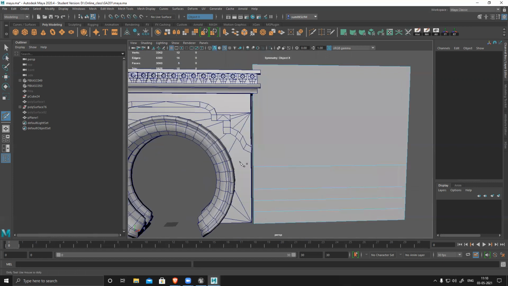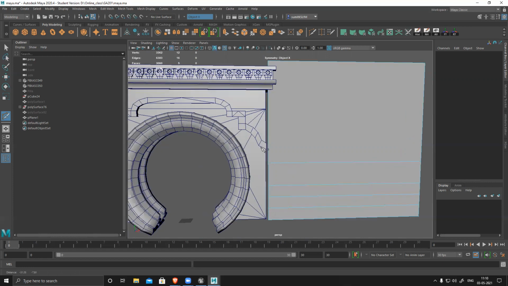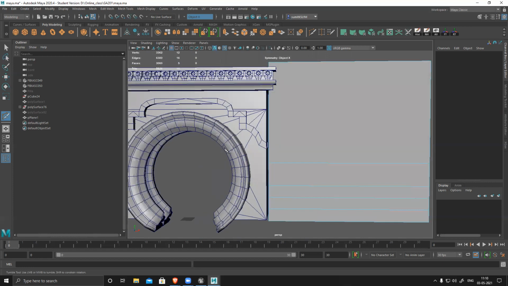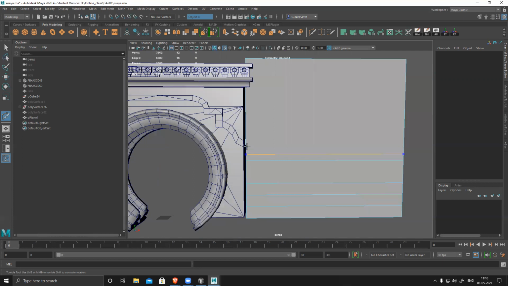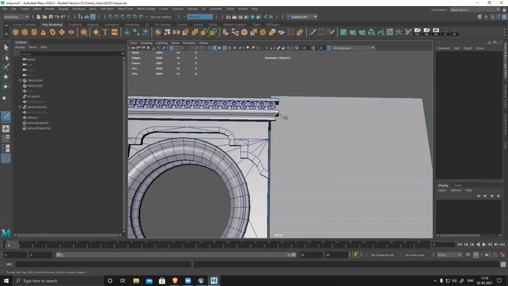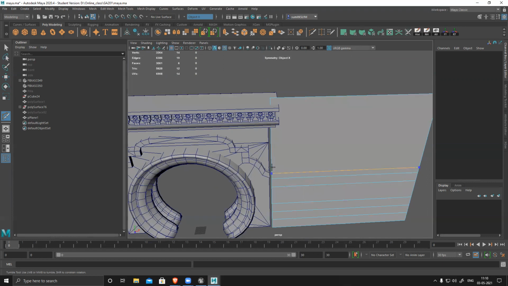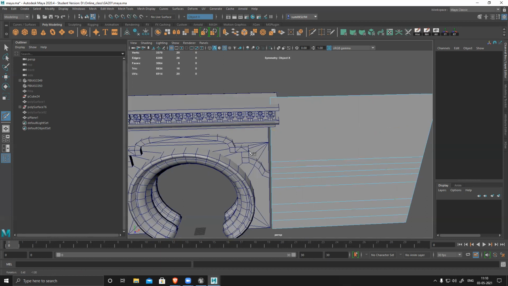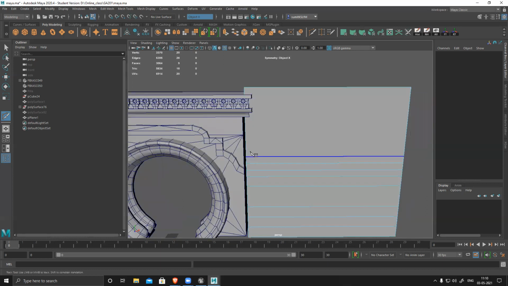Now forget about this wall section, because I'm planning to add a tileable map there. For just our design, I'm creating a trim sheet. For this border, I need another trim sheet. One more cut. Now we have this section, 1, 2, 3, and 4, proportionately similar in scale. A little bit extra or less will be fine.